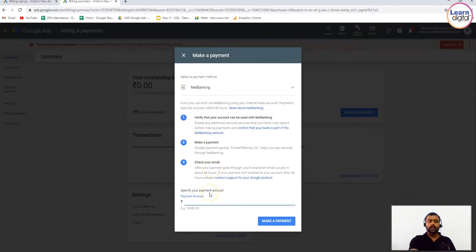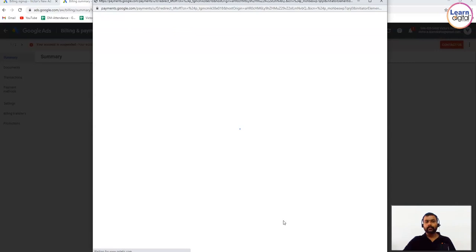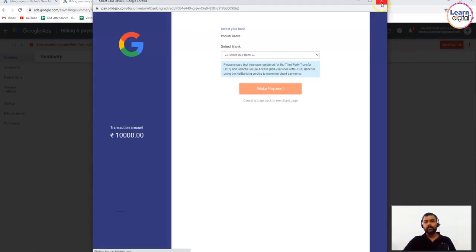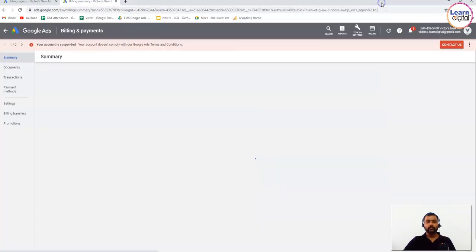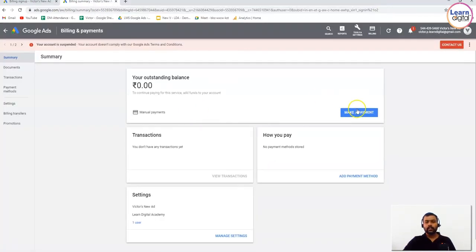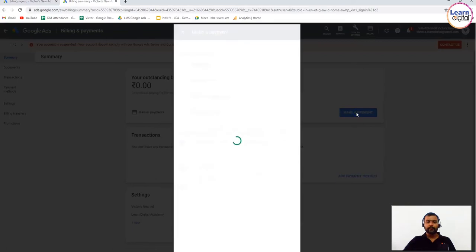You have to just write your amount, how much you're ready to spend for Google, and click upon make a payment. So this will lead to your payment gateway. Then you can make the payment to Google. Getting it? So you have other options also. If you click on make payment,